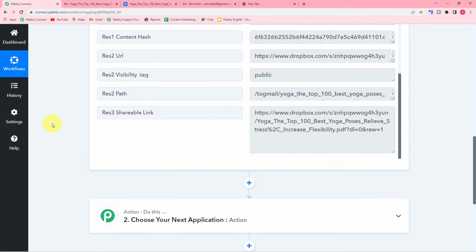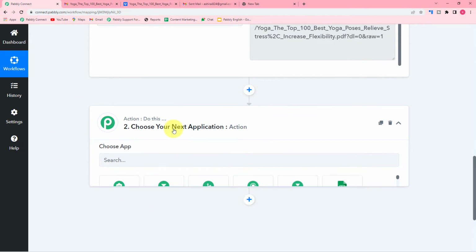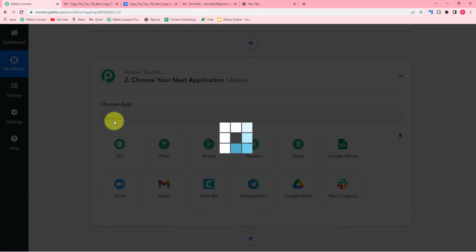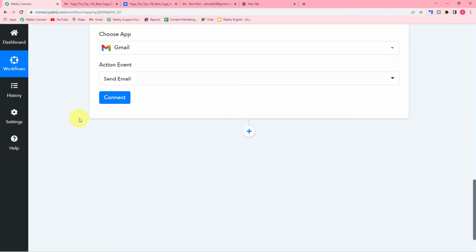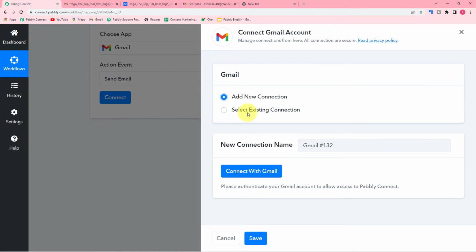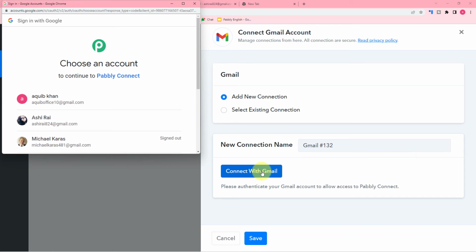Okay, now to send an email to a particular address, you have to connect your Gmail application here in the Sections tab. So from this choose app field, search for Gmail and select the action event as send email option. Click on connect, and from this window select add new connection, then click on connect with Gmail. And from here you have to select that Gmail account from which you want to send that email as an attachment. So select the Gmail account,